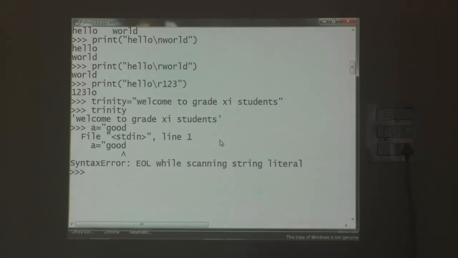See here student, I did not close the string. I have used open quotes, but at the end of the string what do I have to use? Close quotes, I have forgotten to use the closing double quotes. So immediately the EOL error is displayed, that is, end of line while scanning string literal.